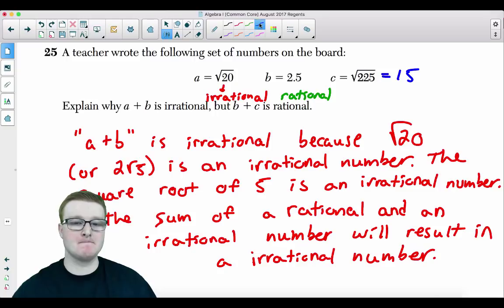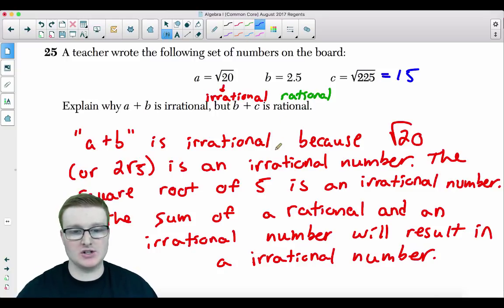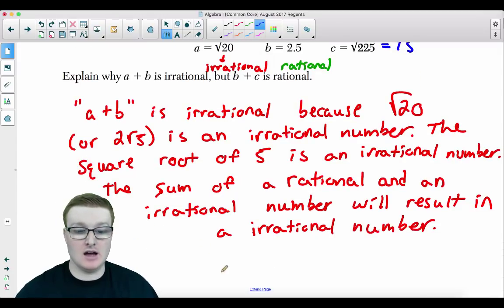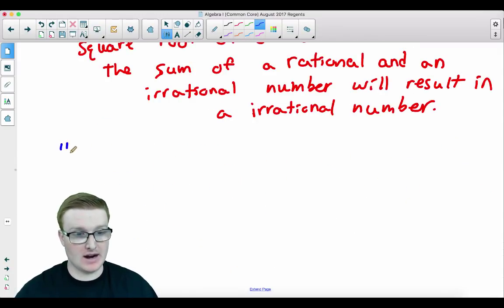That will get you a point. Then for the second part of the question, b plus c is rational. Well, yeah, 2.5 is rational, 15 is rational. If you add up two rational numbers, you get a rational result. So b plus c is rational